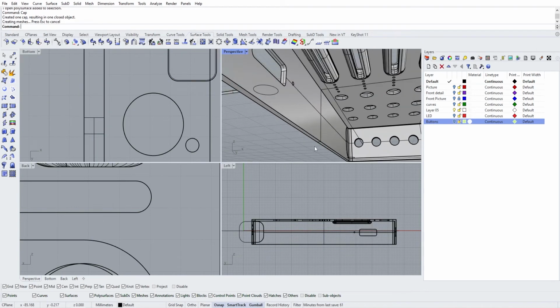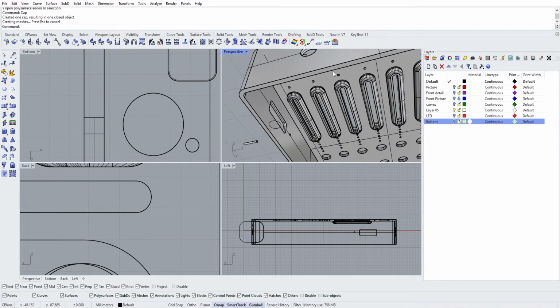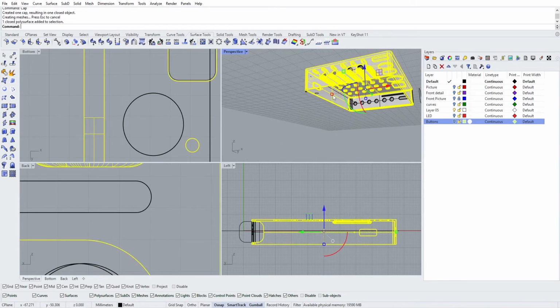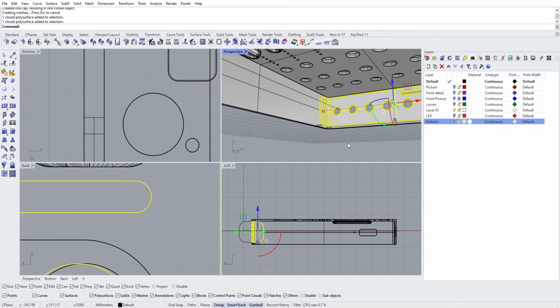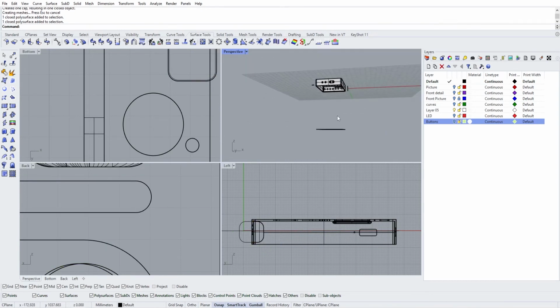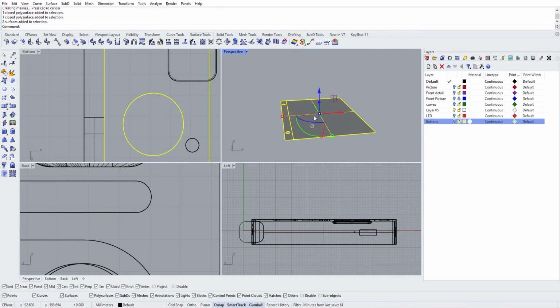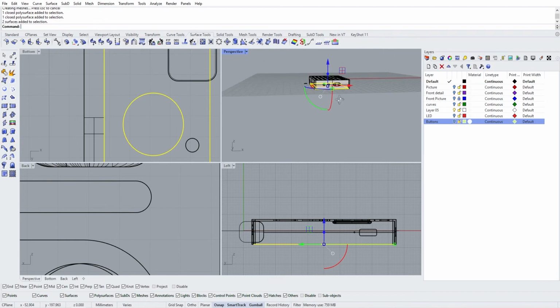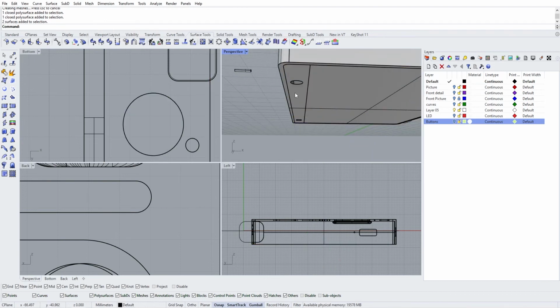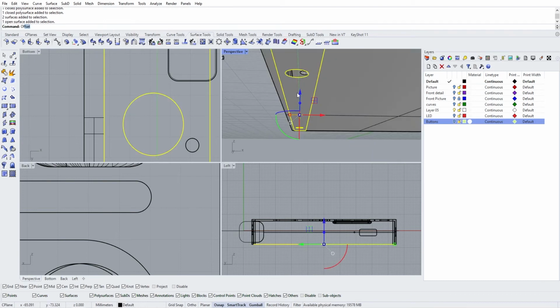Yeah, and it worked, so it's probably going to be a closed poly surface now. So select it and you see closed poly surface, and that's perfect. Okay, so now you can bring back those two things up, so 100. You can move, you can also offset this because we didn't put any thickness to it earlier, so you